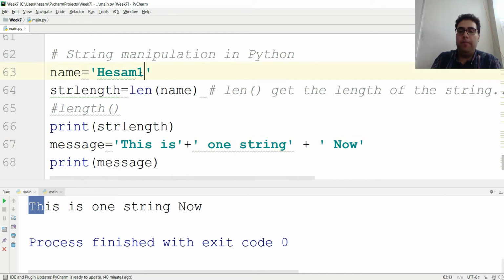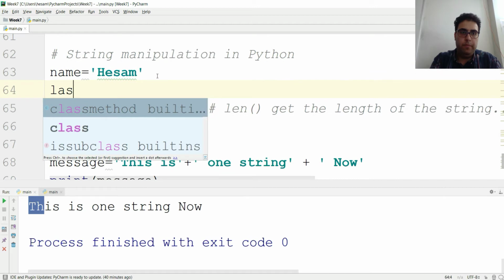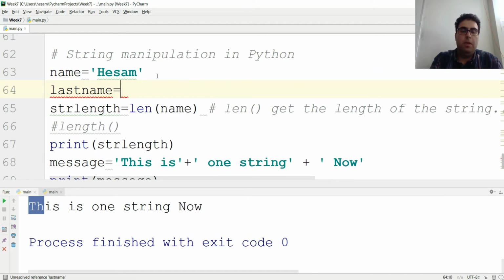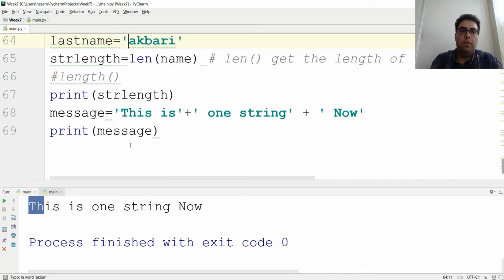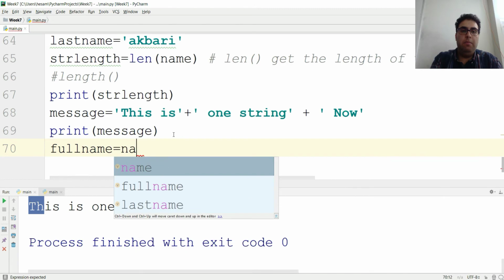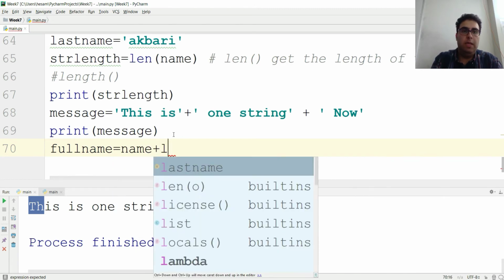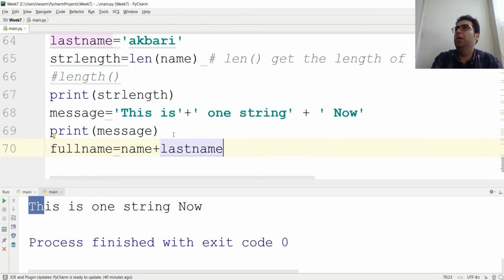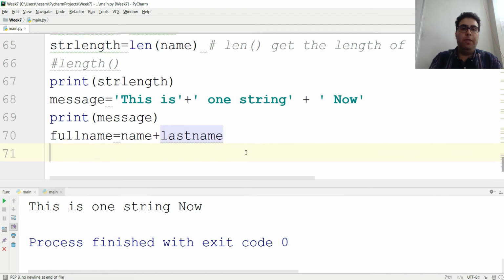That means if I have a last name here, let's add the last name, Ekbari, right? I can have the full name, simply say name plus last name, right? There's a problem there, I'm going to show you. So if I print the full name,